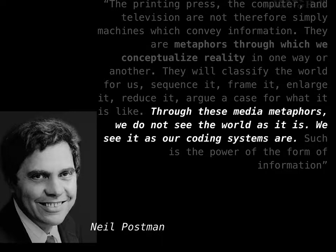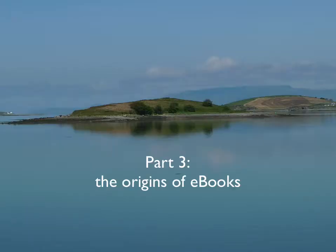Multimedia, hyperlinks and so on, a web page is quite different. It's coded in a different fashion, so that rather than laboriously following through every single web page until we get to the end of a website, we use hyperlinks to jump about, and in that sense we follow a non-linear pattern. So it's very important to understand the coding systems that these technologies bring with them. And a question I want to pose to you before the end of this section is whether or not we are currently really understanding what the coding systems for the ebook actually offer as compared to what we are currently using them for. In this section of